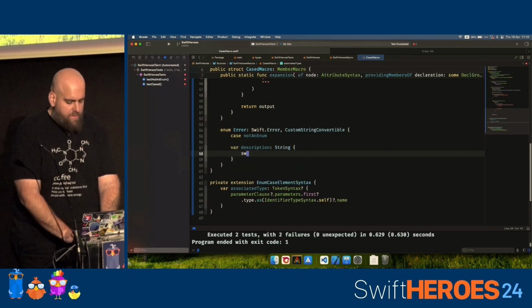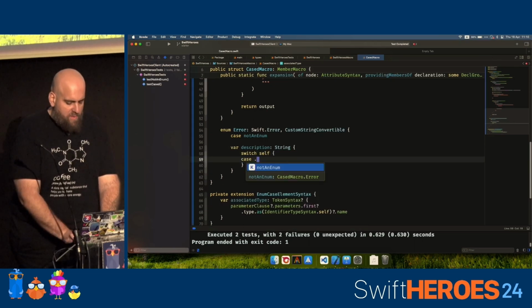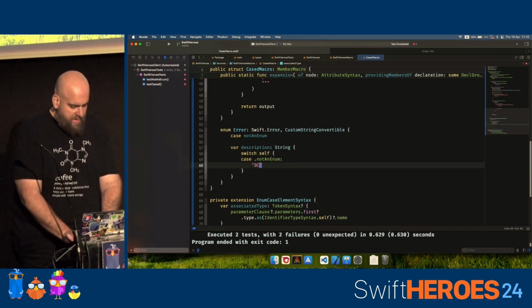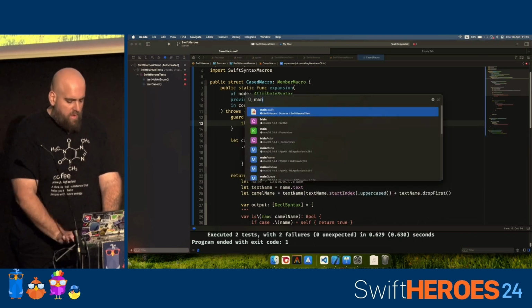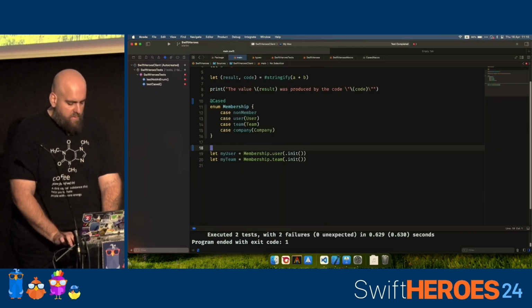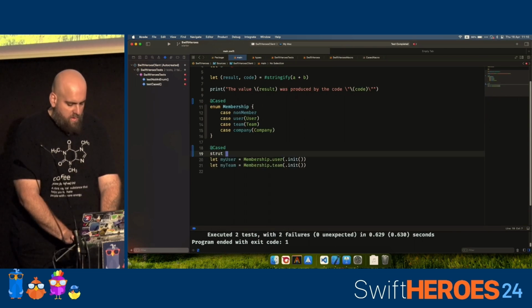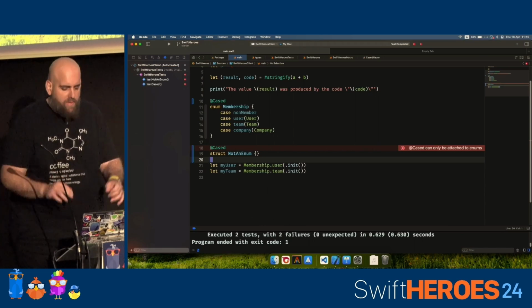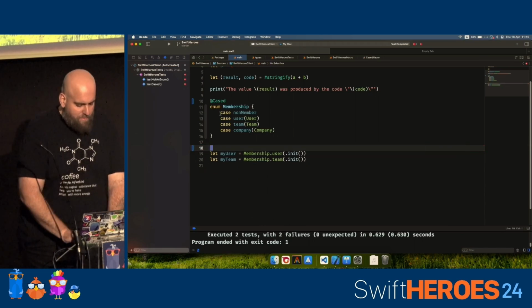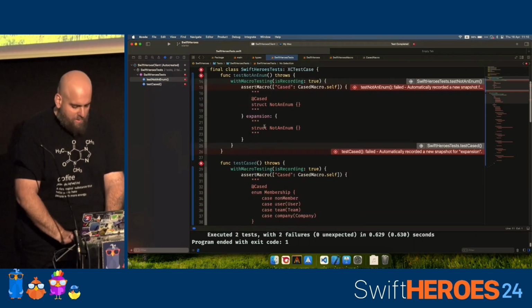We're going to provide a description for it. And if it's not an enum, we are going to return "cased can only be attached to enums." And then instead of just returning an array here, we can throw error, not an enum. So now if I go and try to do this here, we'll get a real Swift compiler error immediately. But the even more fun part of this is if we go to our test and we run it again,